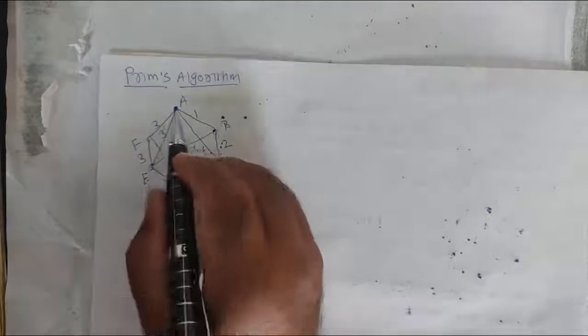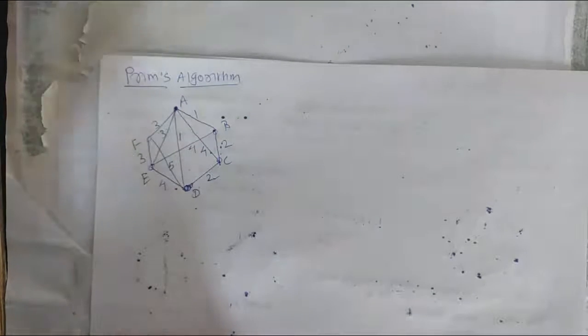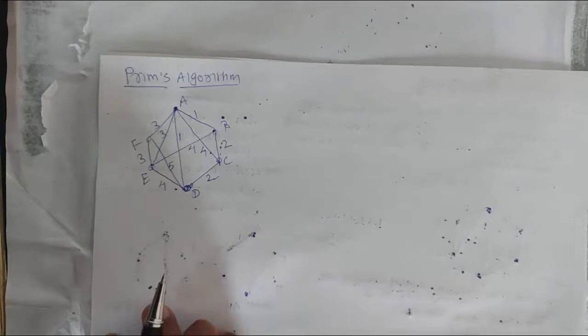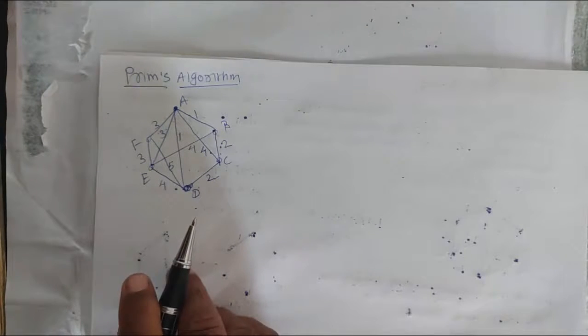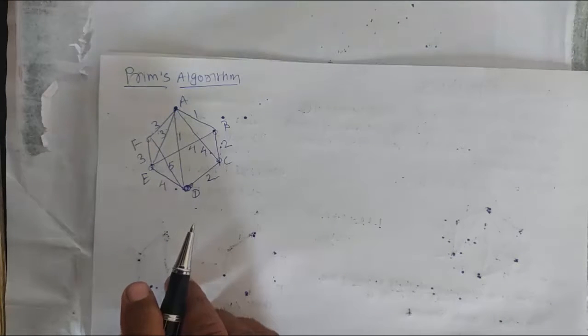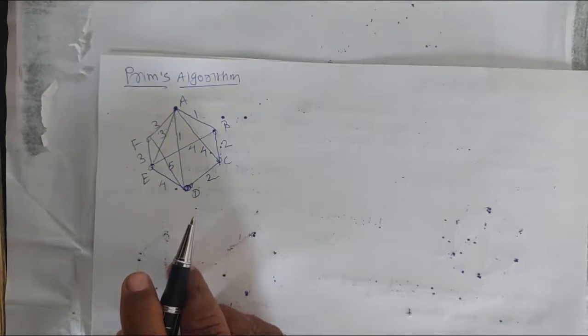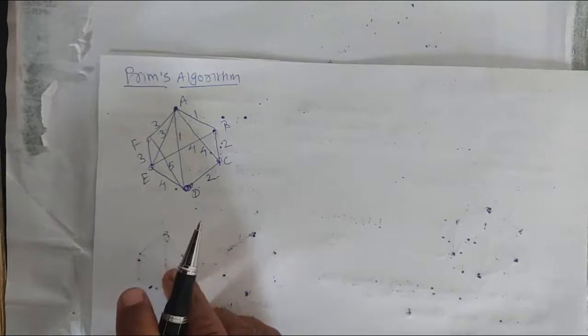That means if you choose any vertex V1, then choose an edge which is incident to V1 and which is not a loop,